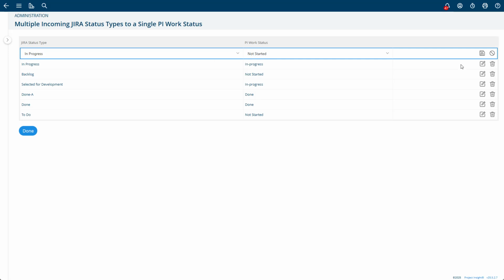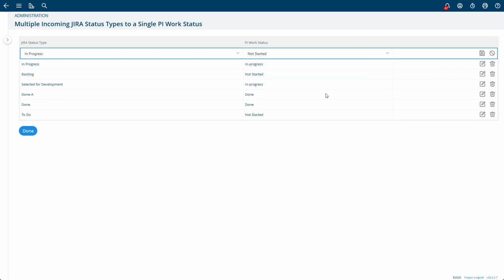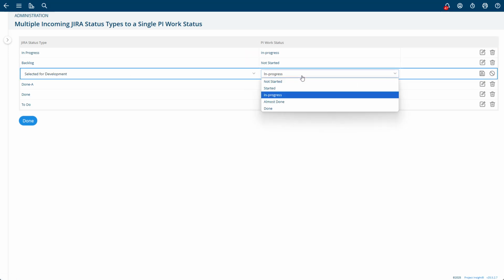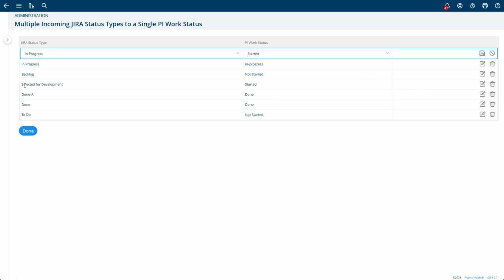These I've already done. You can edit one by simply saying, okay, if it's backlog, then I want it to be not started. And when it's done in Jira, or done A or done B or to do, like done equals done, selected for development, I want it to go to in progress, but I could change that to say, no, I want it to be started. And then that's how it'll map. When a task comes from Jira or an issue comes from Jira, selected for development, it'll turn a task in